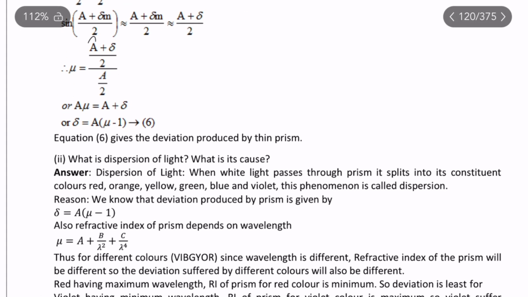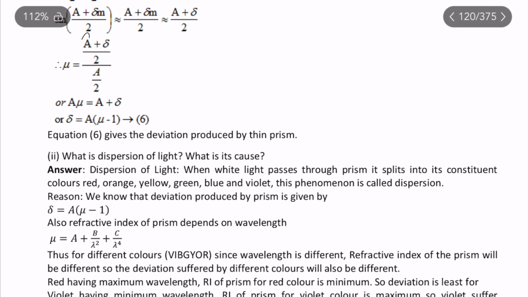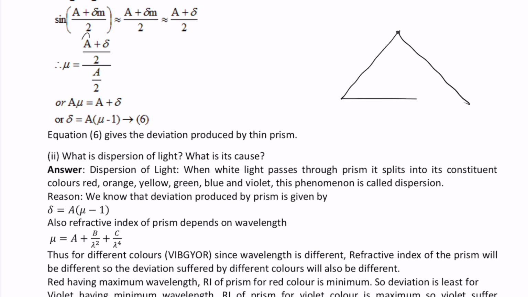What is dispersion of light? What is its cause? Dispersion of light means, suppose we have a prism. Prism is a refracting medium. Now the spread of color, suppose this is a polychromatic light. This is the incident light, a white beam of light. Now when it comes out,